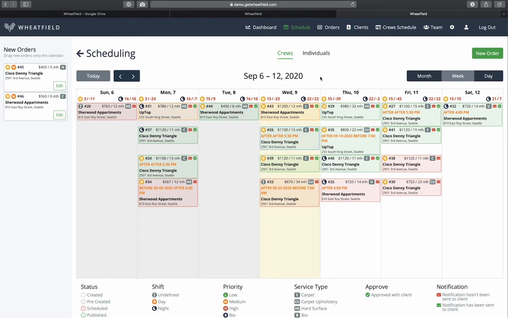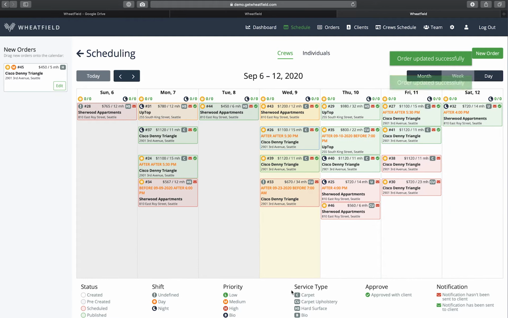Scheduling is done with a simple drag and drop mechanism either from the job backlog or between days of the week. Once a job tile has been placed on the calendar, it's considered to be scheduled and only requires a crew to be published. The job tile gives you all the essential information you need about that order, its ID, how much it is worth, resources spent on it, what type of service this is, who the client is, and